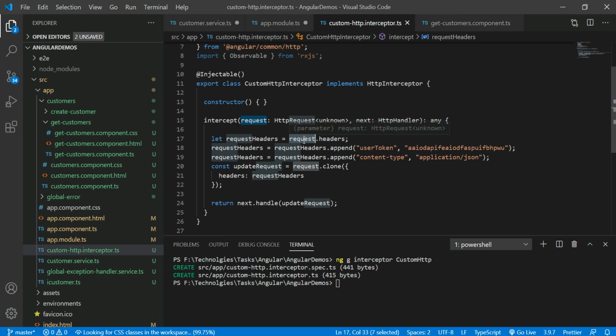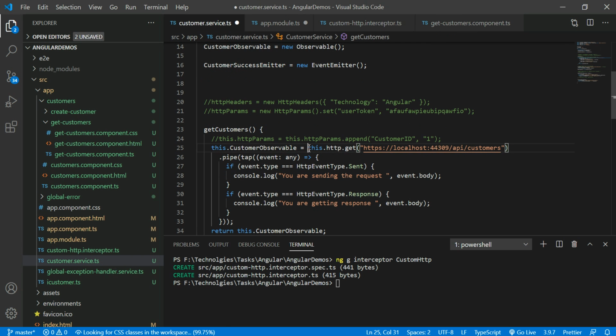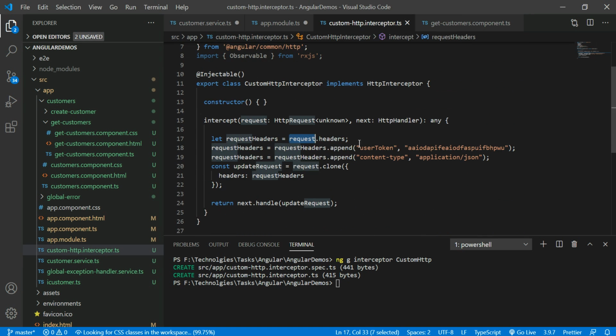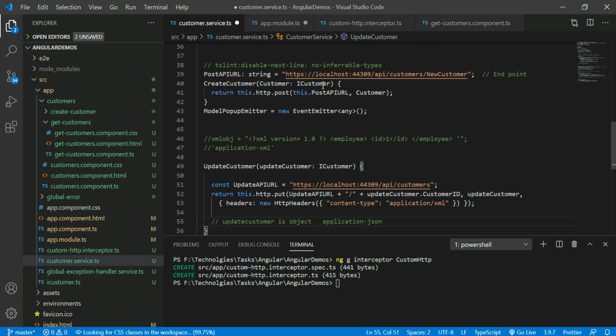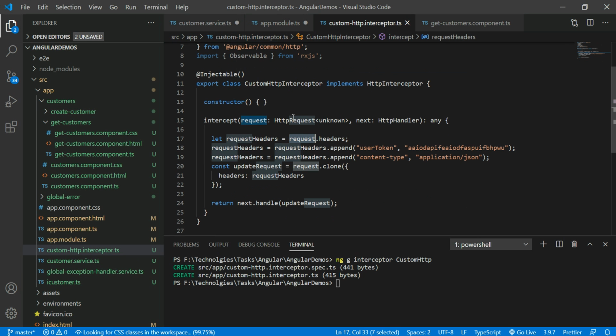So the request is nothing but this one. Whatever is triggered from this service, that is the request here. Once the request happens, then only I can send the data to the API. Once you make this request, automatically it will come here before it is connected to the web server. Here I am preparing the extra configuration for each and every request. This is the interceptor. What is the use of the interceptor? It can handle any kind of request.